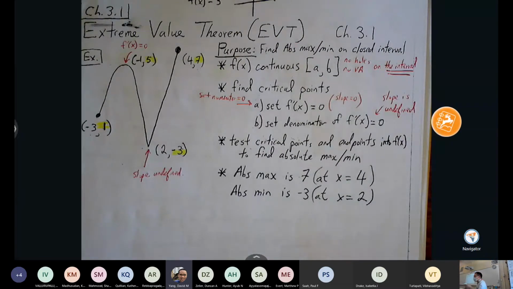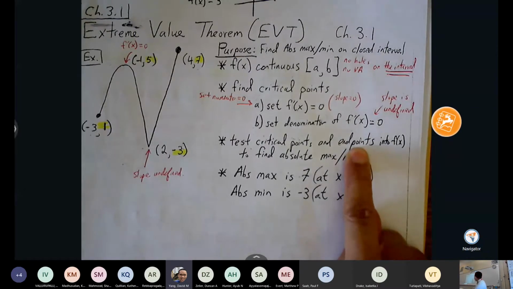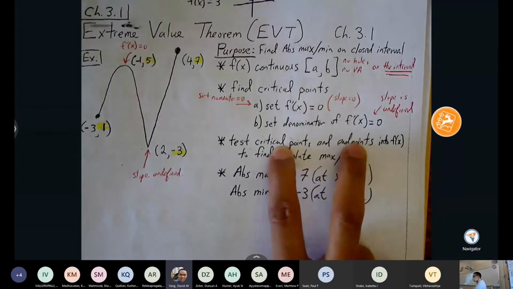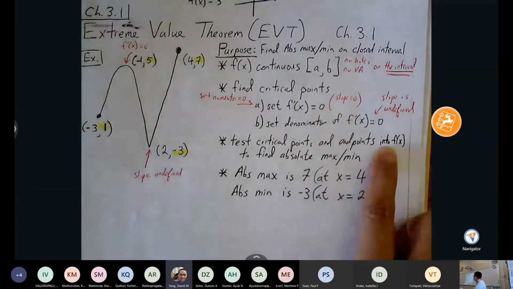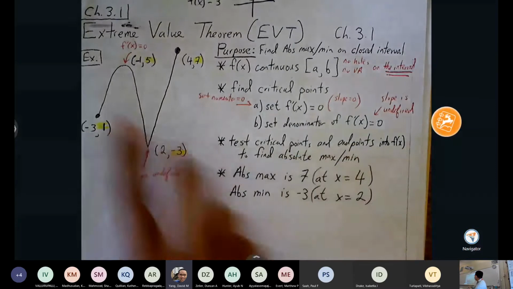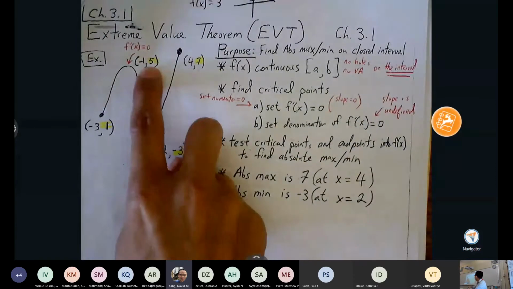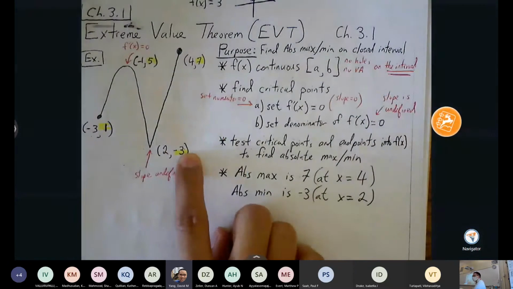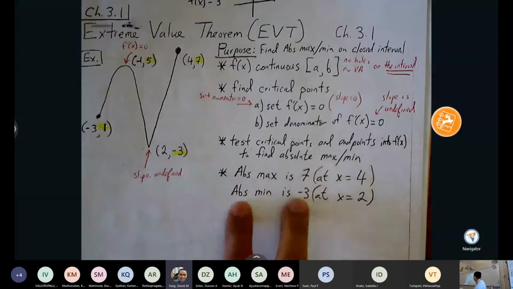So the very least is no critical points, and you only test the endpoints. You only test 2 points. But if you have critical points that fall inside the interval, then you're going to test critical points and endpoints back into the original function, and then you're going to compare the y values. Highest y value is your absolute max, lowest y value is your absolute min, and the emphasis is on